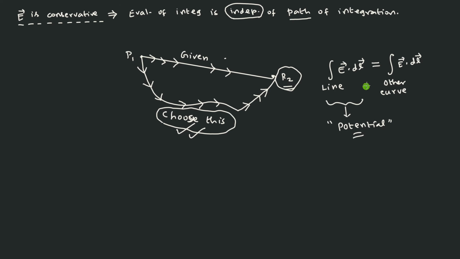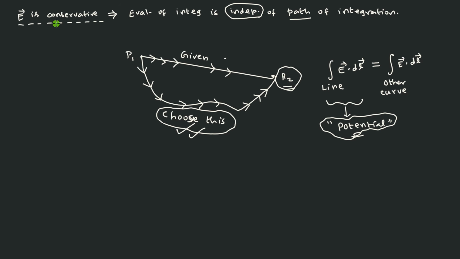This property is important because irrespective of whichever path you choose, the value of the integral is going to be identically the same. That means you travel along any path, you will be spending the same amount of money in terms of electrostatics. Money means not exactly money, but the value of the integral, and the meaning of money in electrostatics is this potential. That is what you have to understand. So the potential difference between the points P1 and P2 will not change, whatever path you choose.